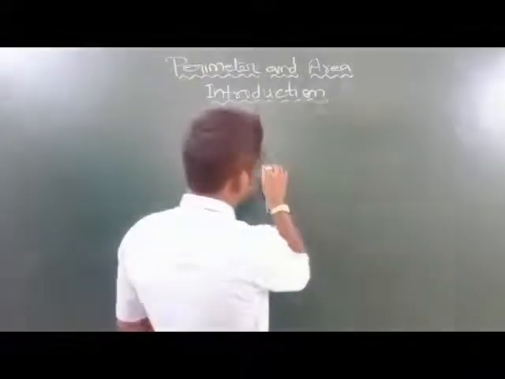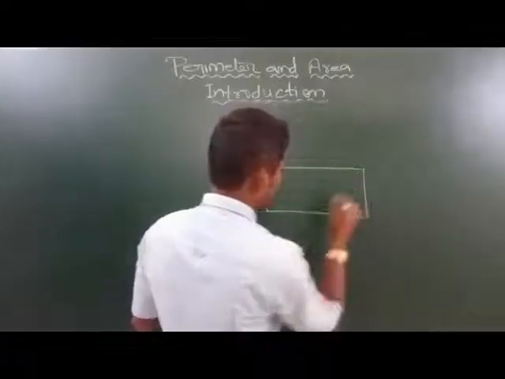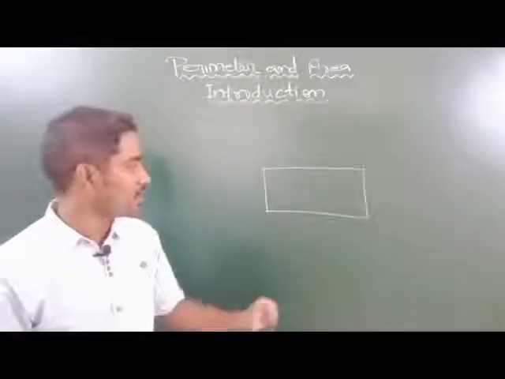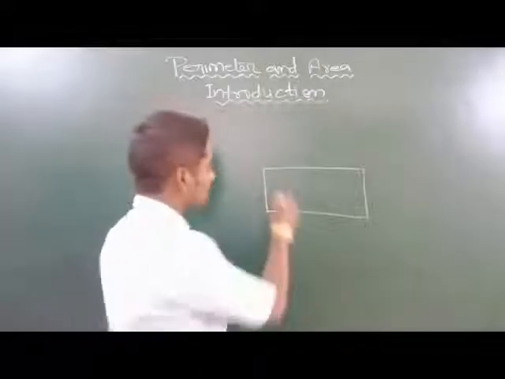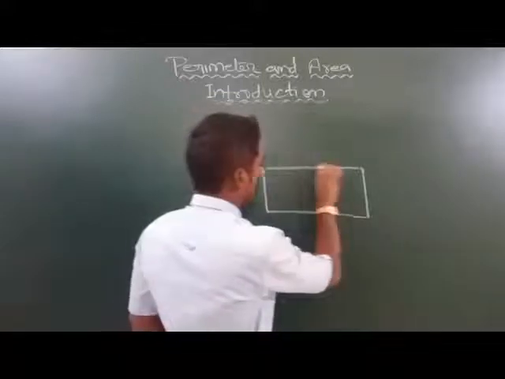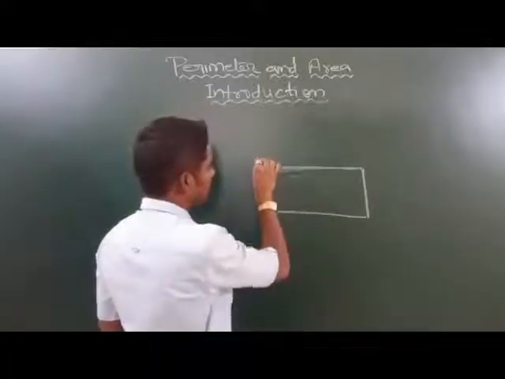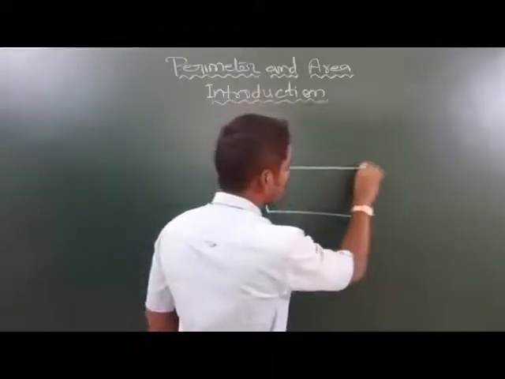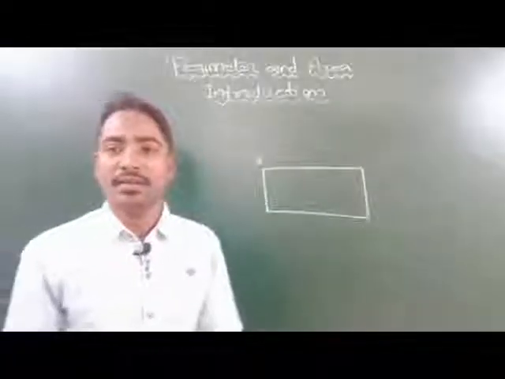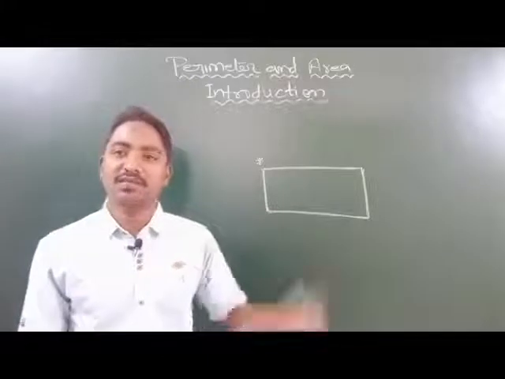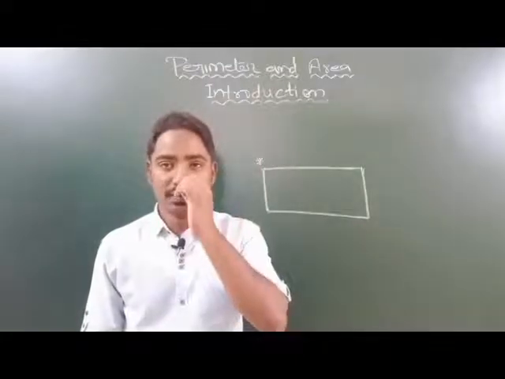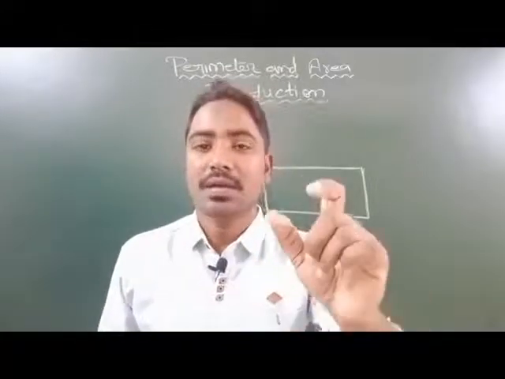Suppose this is a rectangle, students. Let us consider this rectangle. So whenever we are finding the perimeter of this rectangle, we are getting only its outer boundaries, students. See, this is the perimeter of the rectangle. Suppose we start from this point and move across its boundary from the initial point and reach that point again, then this is the perimeter of the rectangle. What you have to understand, students, is that perimeter is nothing but the outer boundary